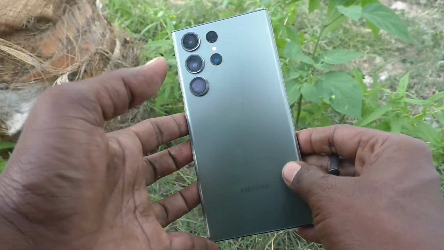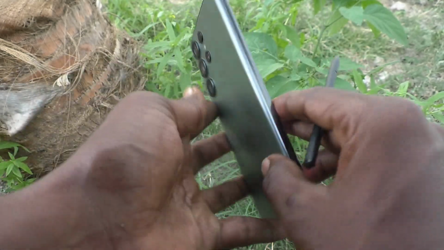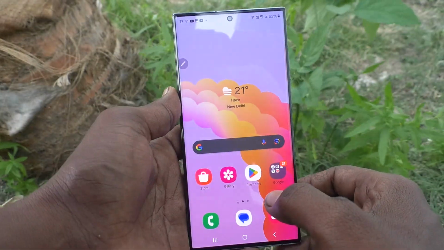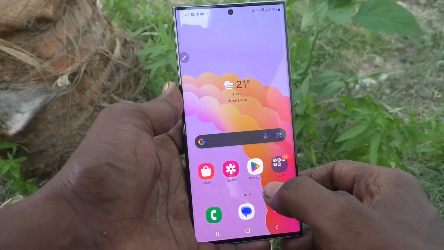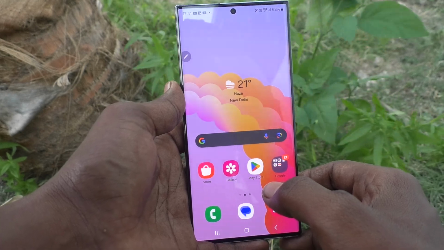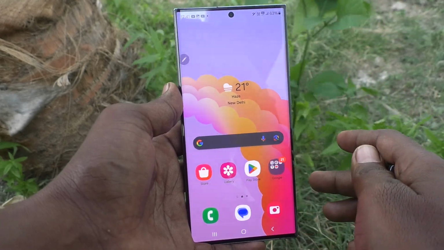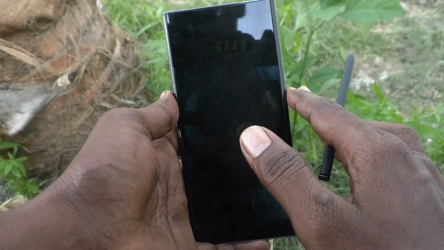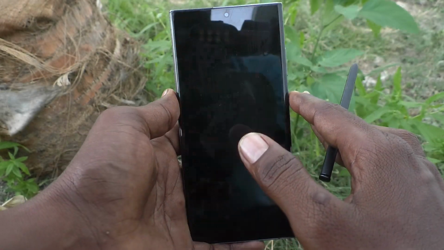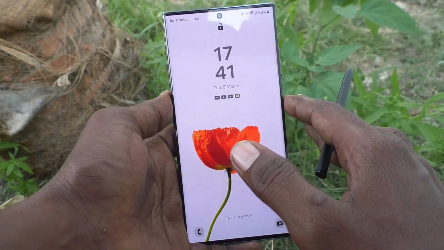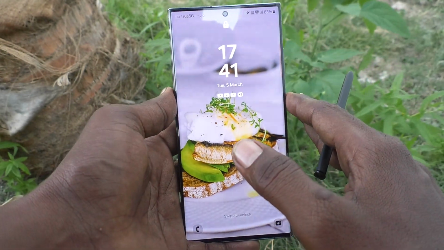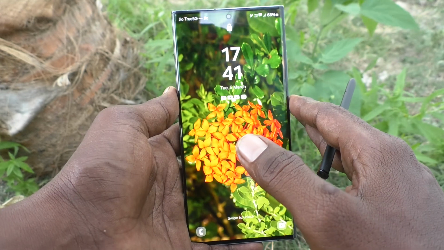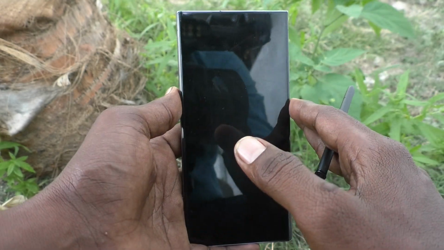Here is Samsung Galaxy S23 Ultra 5G smartphone. In this video, you will learn how to uninstall dynamic wallpaper on lock screen changing automatically in your phone Samsung Galaxy S23 Ultra 5G. First, lock your screen, and for each press, you will have different wallpaper if you have such dynamic wallpaper already. So if you would like to remove dynamic wallpaper and uninstall dynamic wallpaper, what you have